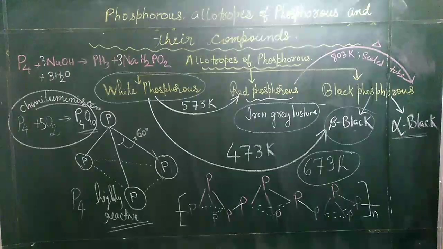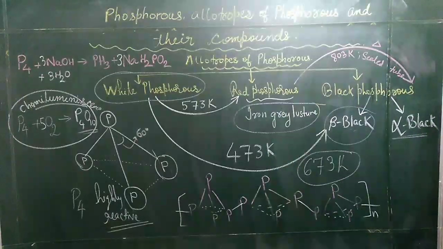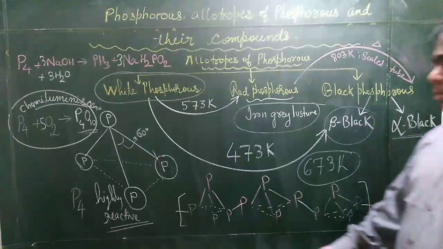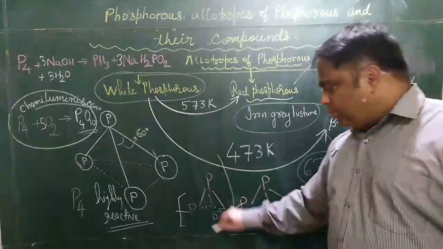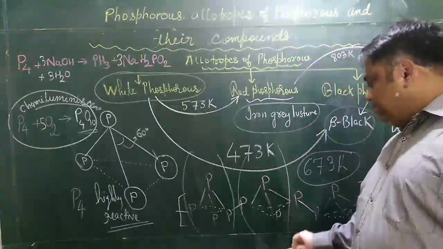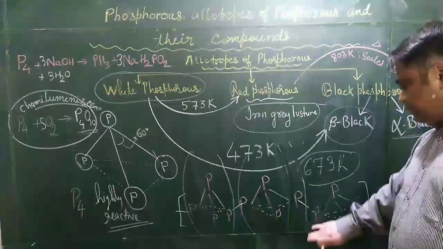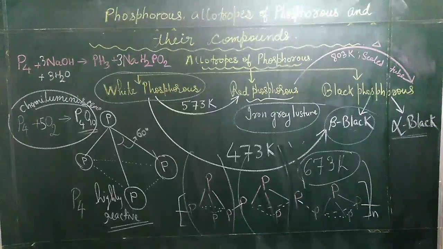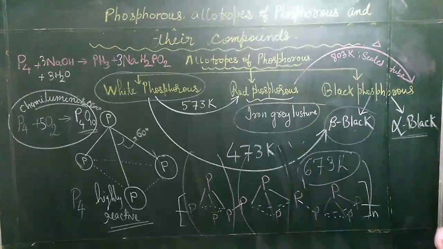Now white phosphorus is monomeric and highly reactive, but red phosphorus is much less reactive and exists as a polymer of P4 units. See, each of these P4 units forms a chain, and a long chain kind of molecule is formed from P4 units. So we will try to remember the properties and the occurrence of phosphorus.